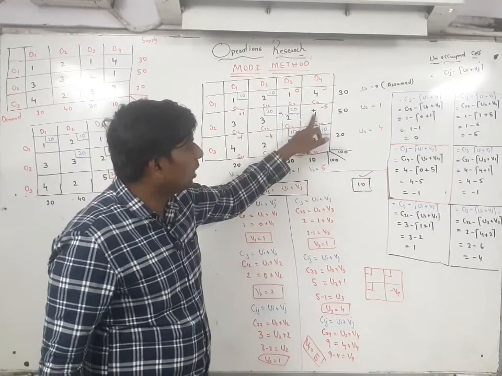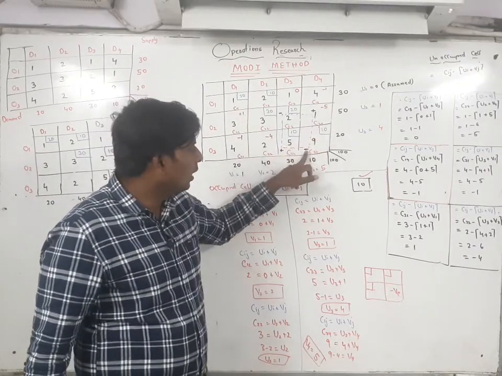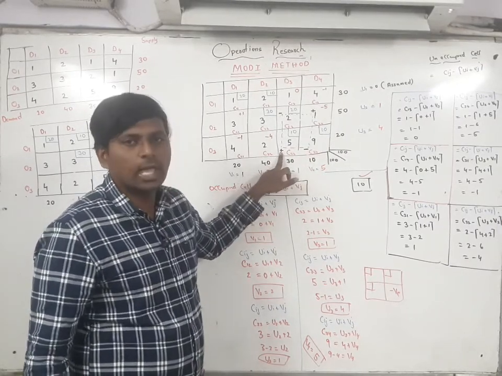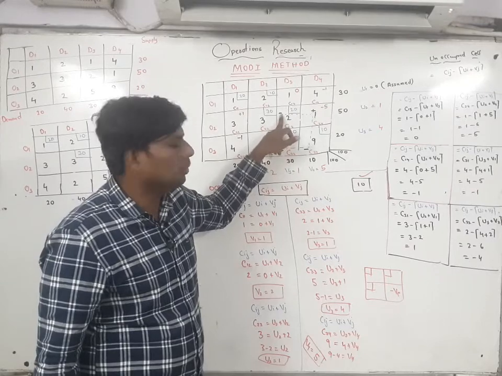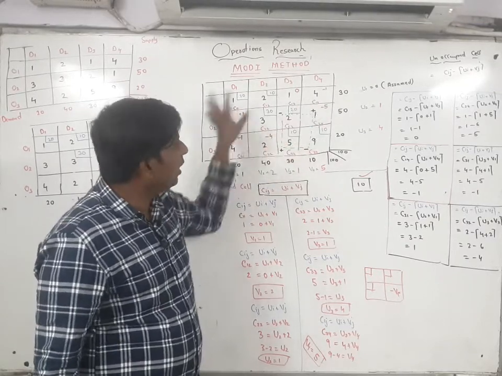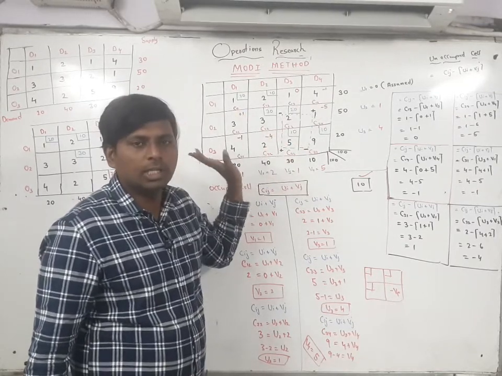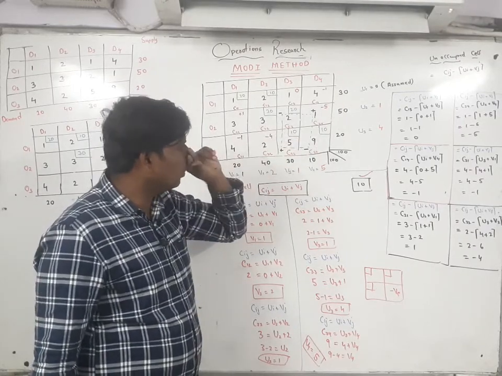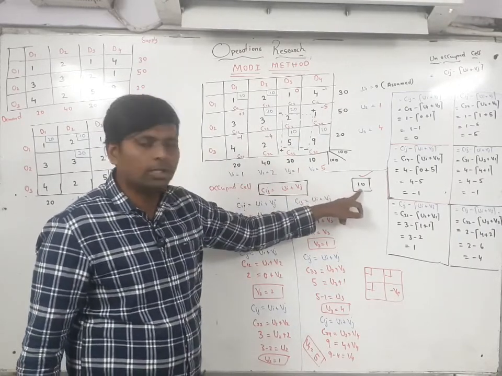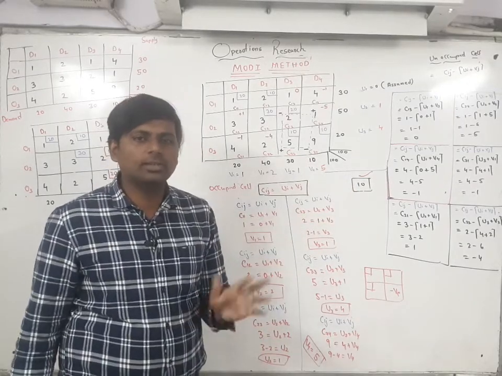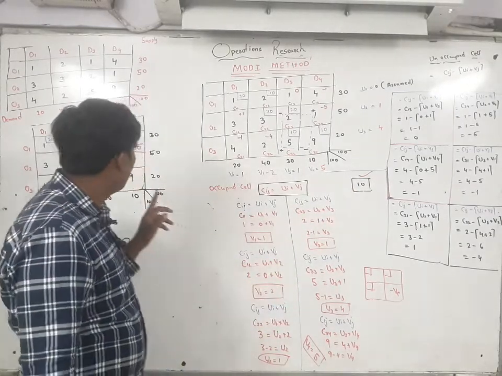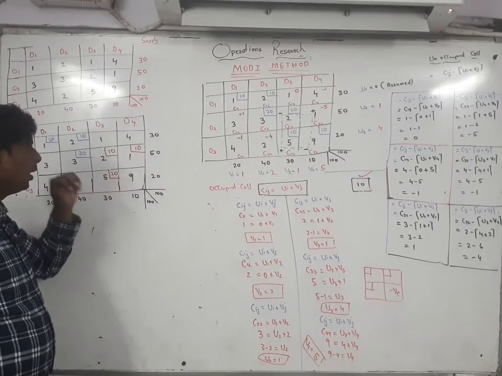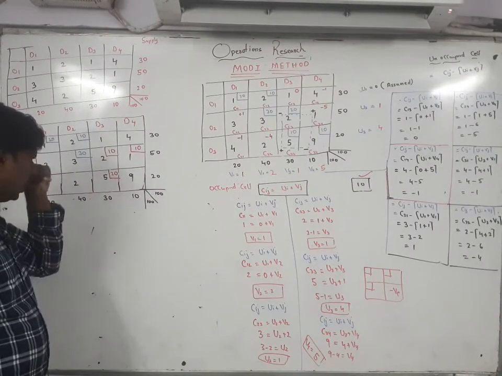So here you are getting plus, so add that 10. Here you are getting minus, subtract that 10. Here you are getting plus, add that 10. Here you are getting minus, subtract that 10. Remaining terms you have to write as it is only. Wherever you are getting plus, just add that 10, and wherever you are getting minus, subtract that 10. That's it. So here I added, here I subtracted, here I added, here I subtracted. Remaining all are unchanged.